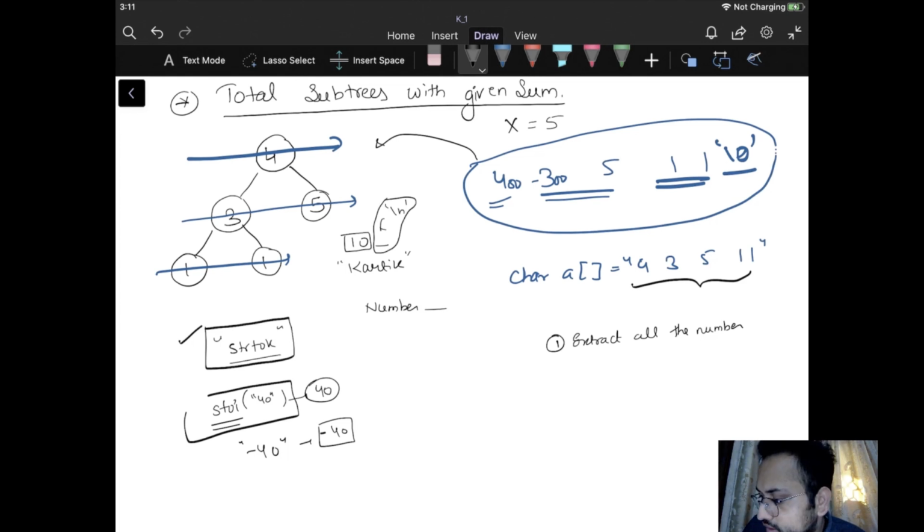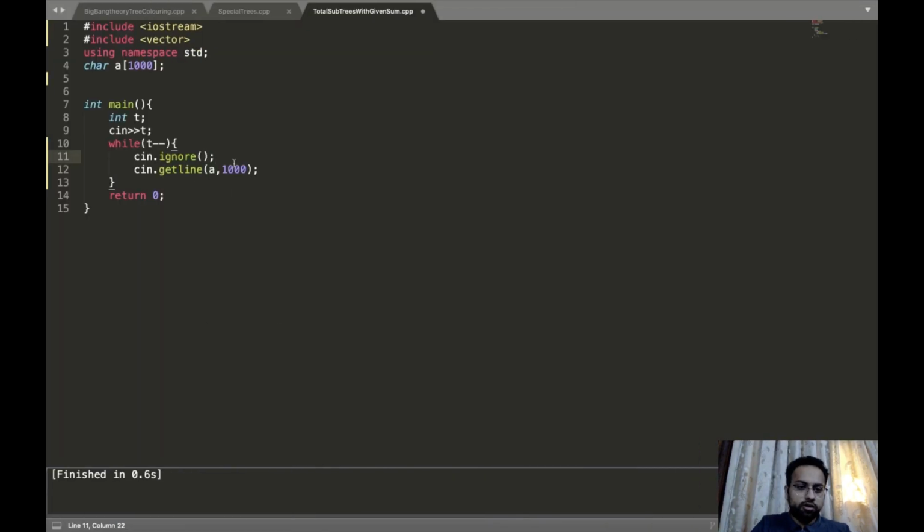You will not consider them, right? These characters are not part of the string or the part of the tree. So we will ignore this particular character. To ignore one character, we can use cin.ignore. It ignores one of the characters that was supposed to be read. Because cin ignores white spaces, but cin.getline does not. So that's why we need to ignore it.